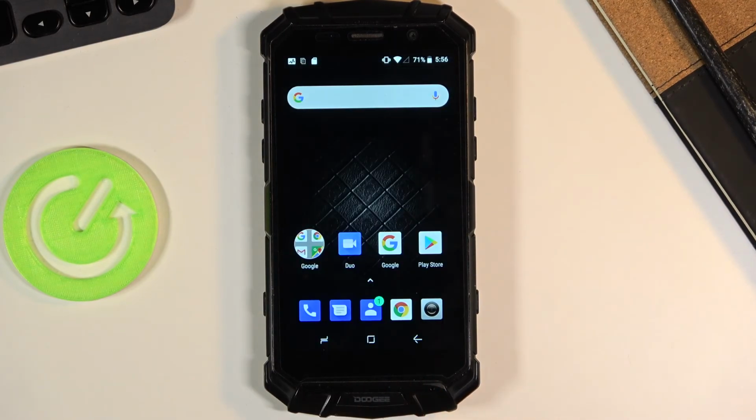So that is basically how you move files,